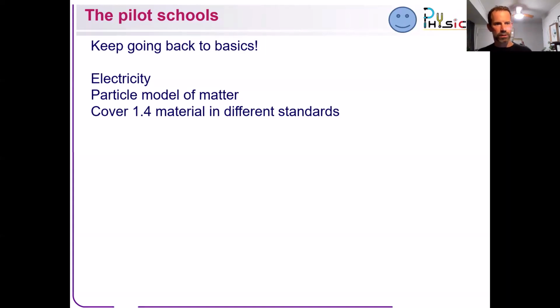What they were also saying was that you can cover 1.4 material in different standards. So they were saying some of the thermal stuff you can jam into, I think it's 1.1, and some of the mechanics you could totally cover in 1.2, in some of those experiments. That way you could do a chunk over there and a chunk over there, and not do what we're doing, which means that we're really jammed for time because I have to do all physics in one chunk.